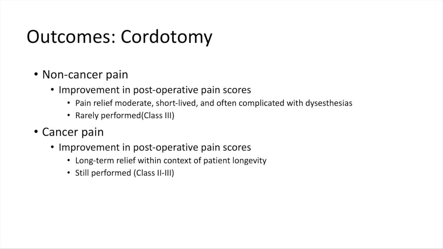A review of cordotomy studies in patients with non-cancer pain produced 12 case series, published between 1958 and 1990, and 3 case reports, with 2 published in 2012 and 1 in 2017. No Class 1 or 2 studies were found. The number of patients in these case series ranged from 1 to 72, and follow-up was between 1 month and 41 years. Outcome data from these studies generally demonstrated an overall improvement in postoperative patient-reported pain over preoperative values.